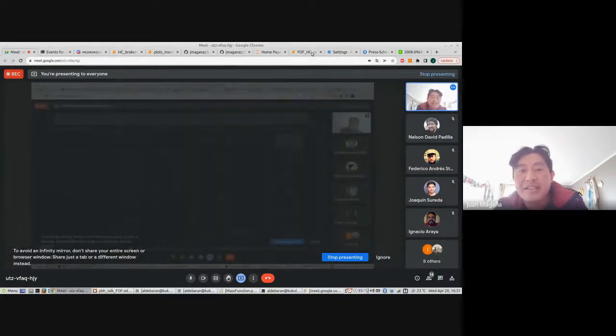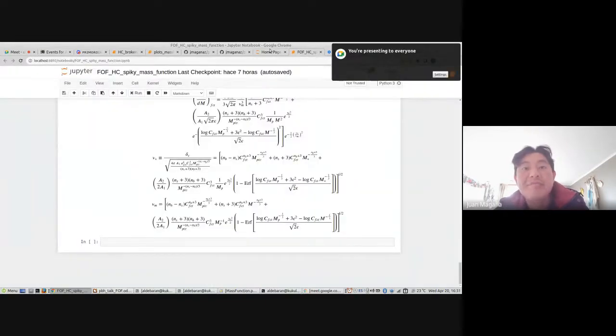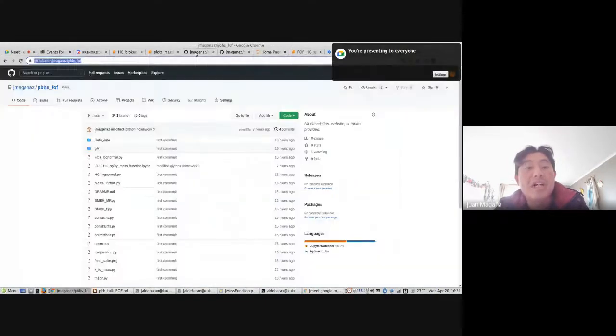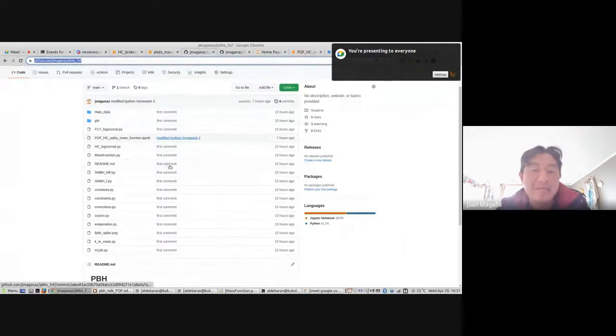In this repository you have many files that are very similar to the Joaquin Sorera codes that they sent before. Actually, it's just a modification of one of the old versions of the code.